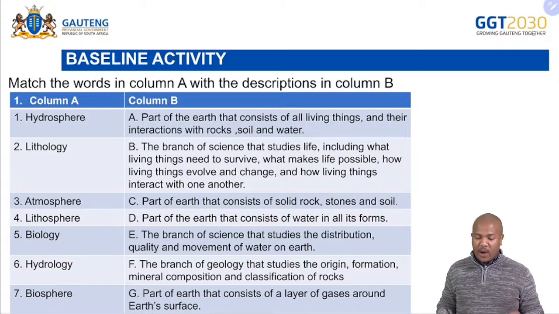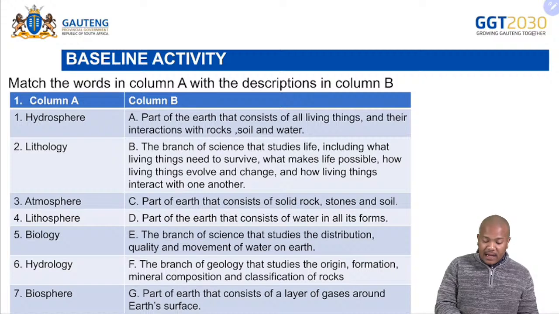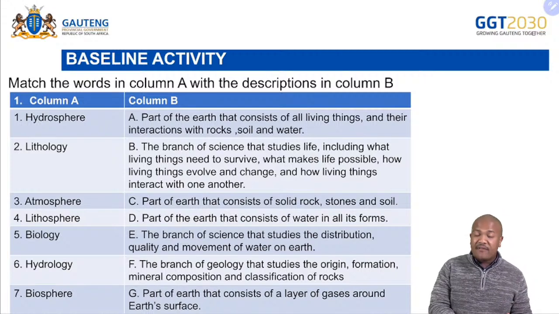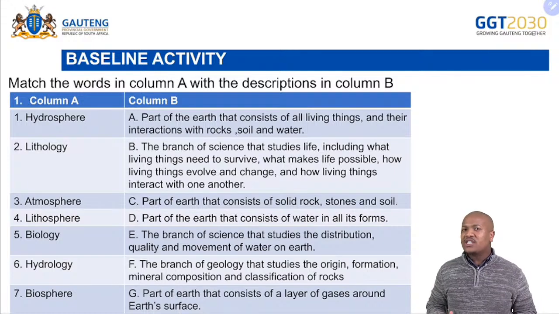Now, for example, the words. Number 1 is hydrosphere. Number 2, lithology. Number 3, atmosphere. Number 4, lithosphere. And number 5, biosphere. Number 6, hydrology. And number 7, biosphere. So, because you need to draw a table before you match column A and column B,